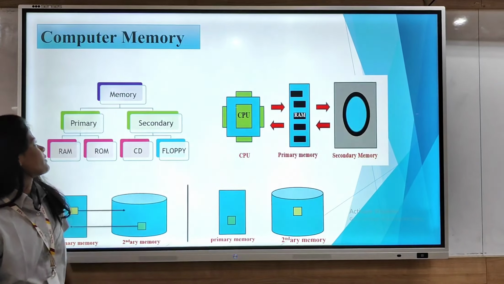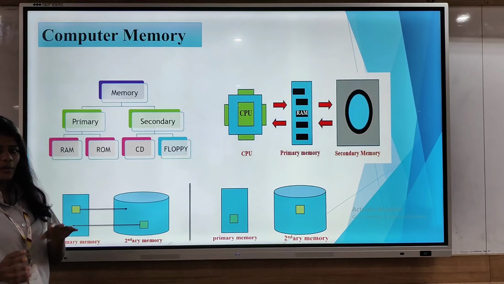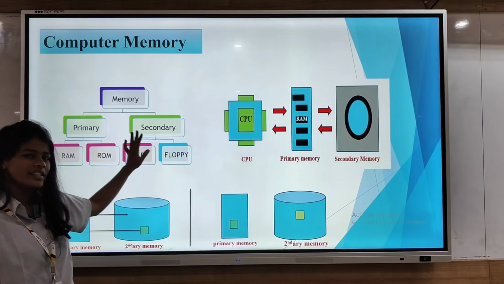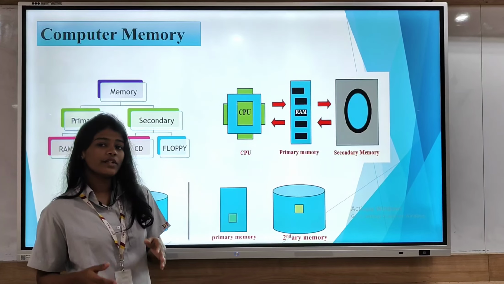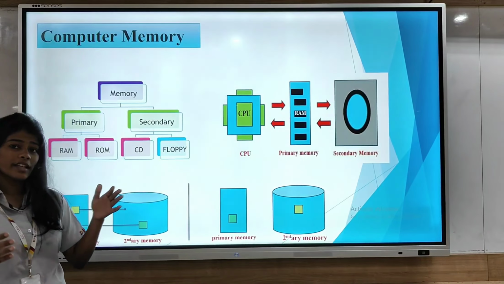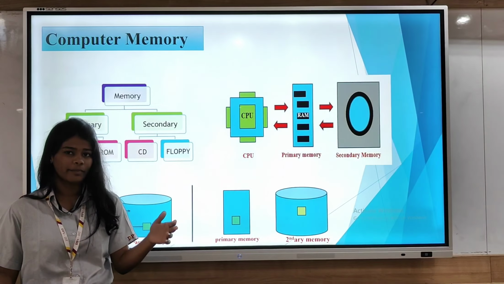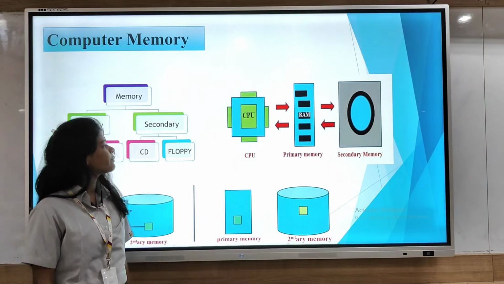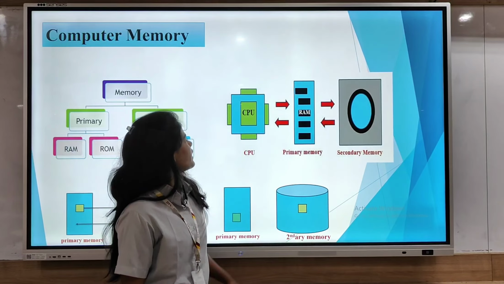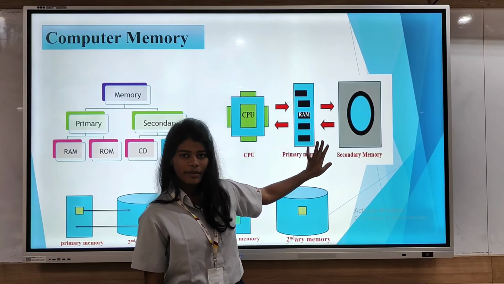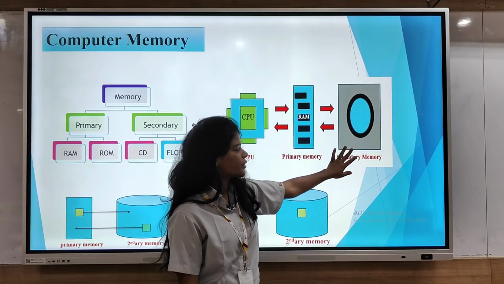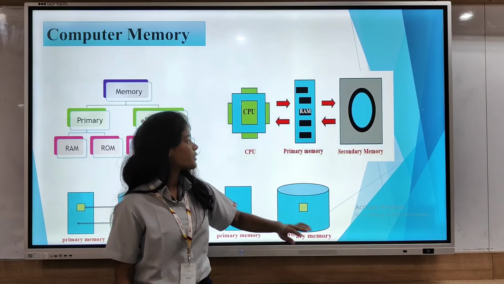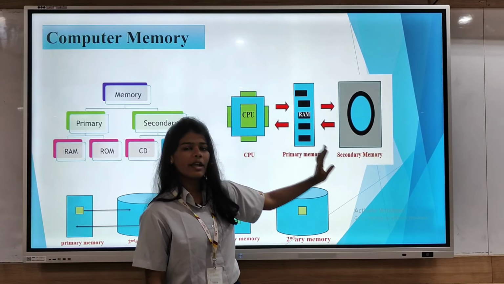Let's see why page replacement. We know that our computer has two types of memories, one is primary and one is secondary. We also know that the storage of the primary memory is very less as compared to the secondary memory. So initially all the data is present in the secondary memory. Let's see the working. The CPU is connected to the primary memory and the primary memory is connected to the secondary memory. So if you want to execute any process, the process has to be present in the primary memory.